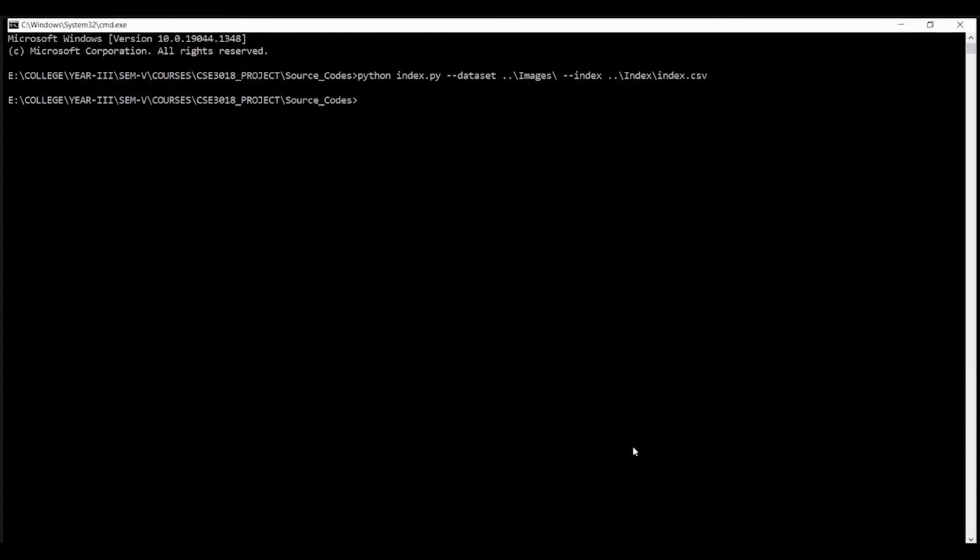As we have generated the index Excel sheet, now we will run the search.py file. So let me run the command.